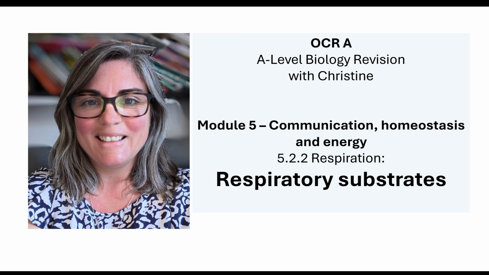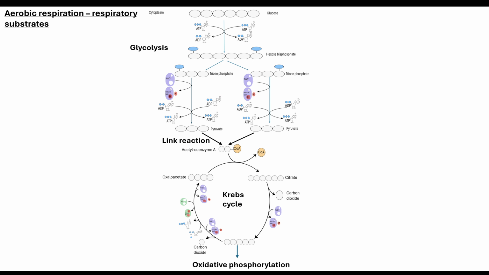So today's lesson, I want to look at respiratory substrates. Let's just take a step back and remind ourselves about aerobic respiration. Aerobic respiration is where the glucose in the cytoplasm is broken down into pyruvate through the process of glycolysis. Pyruvate is then converted into acetyl coenzyme A through the link reaction, and then the Krebs cycle occurs, and all of the coenzymes are going to go to the cristae for oxidative phosphorylation to occur, which gives us a high